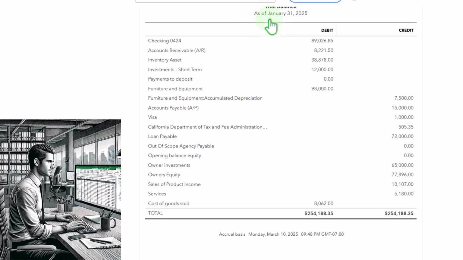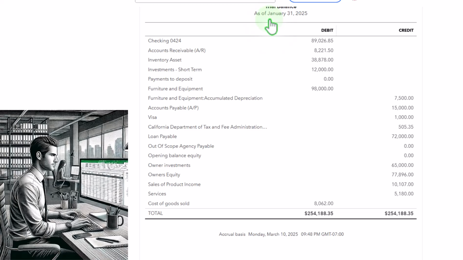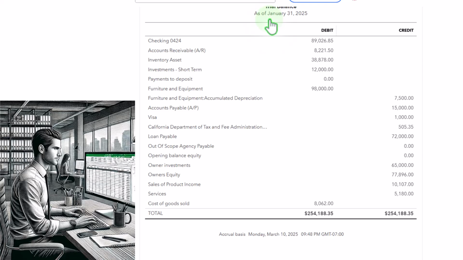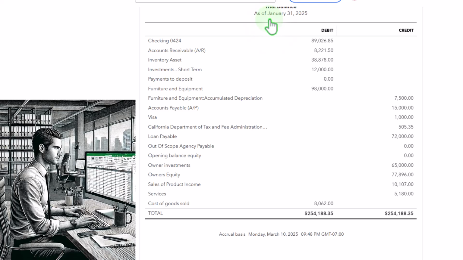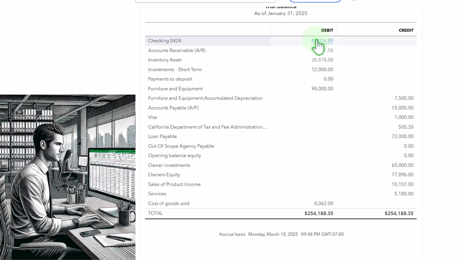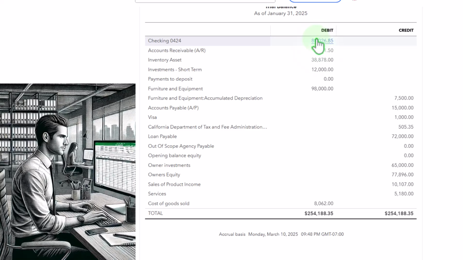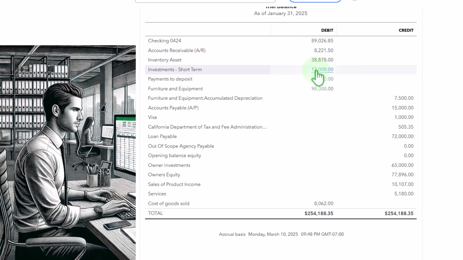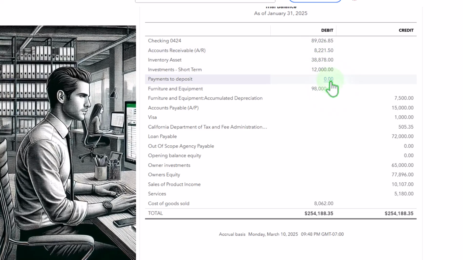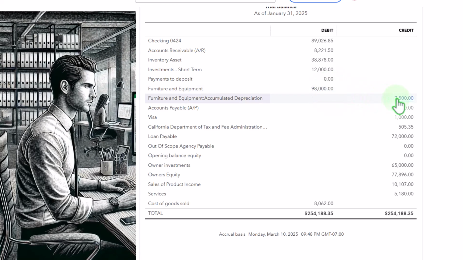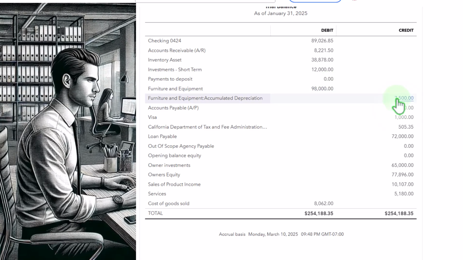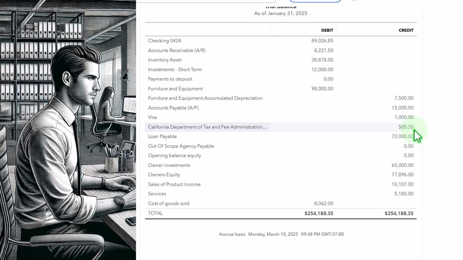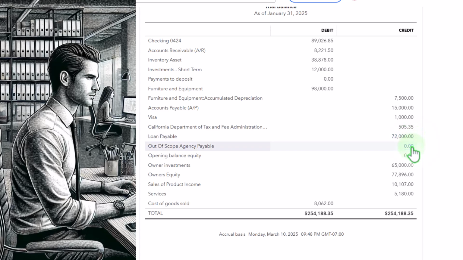If there's still a problem, we will run transaction reports at the end of the first month of data input, which might help to track down any further problems. Remember, this is basically just the balance sheet on top of the income statement without the subtotals. So the assets is assets, liabilities, equity, income, and expense. So if we see how this is created, we have the assets, checking account, accounts receivable, inventory, investments, and then deposit fund down to zero, furniture and fixture, the contra asset account of the accumulated depreciation, then the liabilities, accounts payable, the Visa card, the sales tax, and the loan payable,